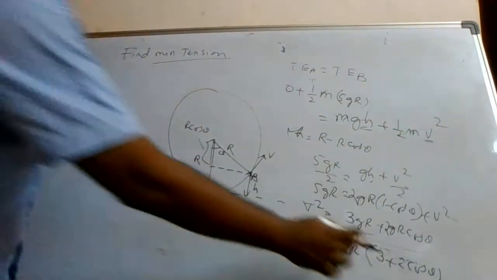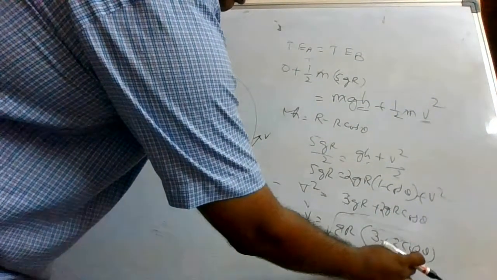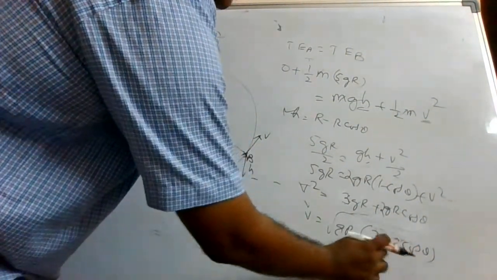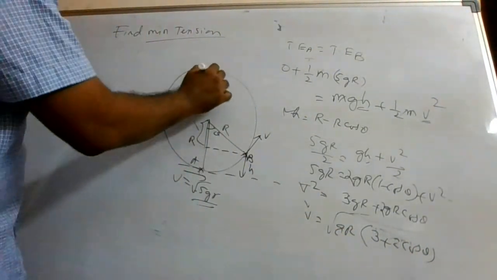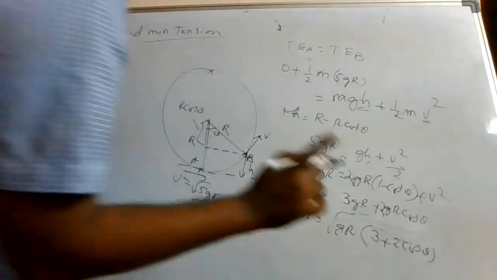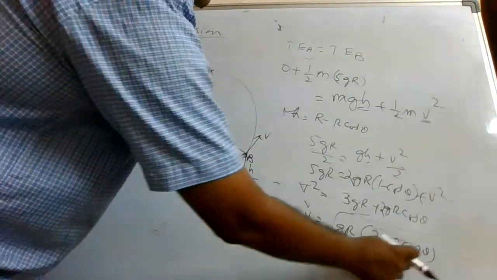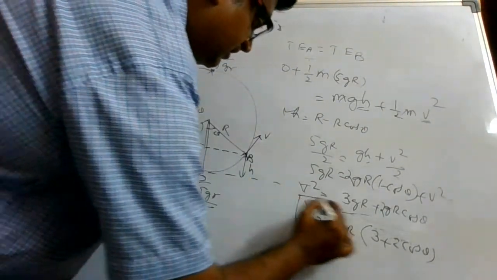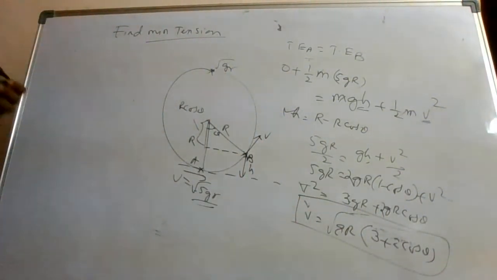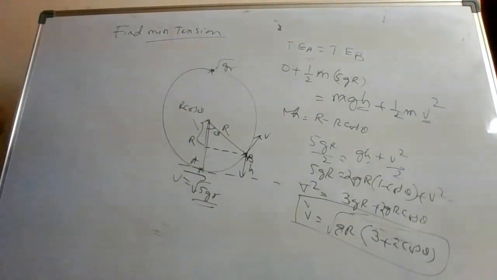Right? Now put theta is equal to 0 here. I will just zoom it. Put theta is equal to 0. This becomes 1. 3 plus 2, 5. So at this point, root over 5gr. Take the top point, theta is equal to 180. Cos 180 is minus 1. So 3 minus 2 it will become. 2 into minus 1, minus 2. 3 minus 2, 1. So at this point it is becoming root over gr. So this is the general expression to calculate speed at any point, provided theta is the angle made with the vertical. Okay. So these are some of the concepts. Next class, let us see some more concepts.